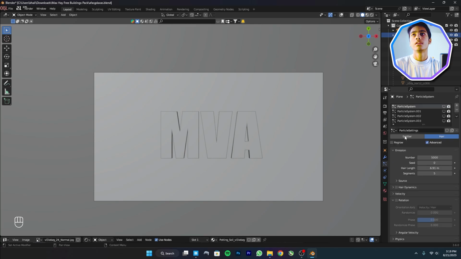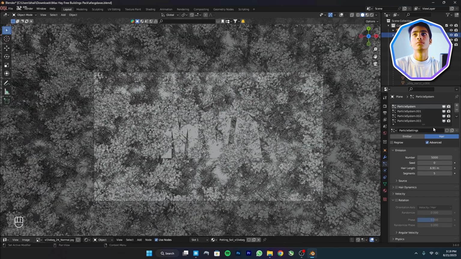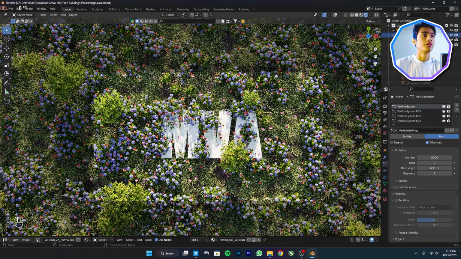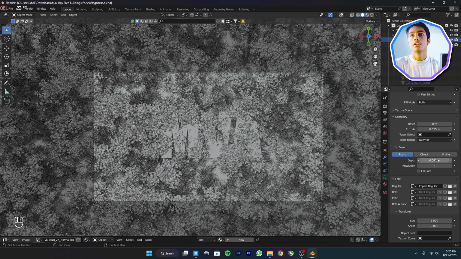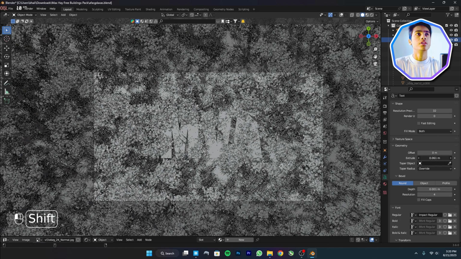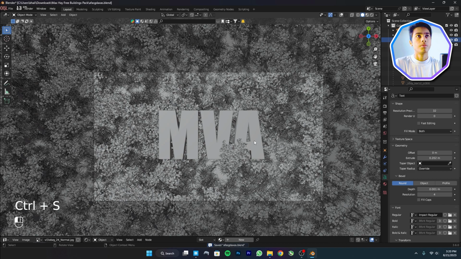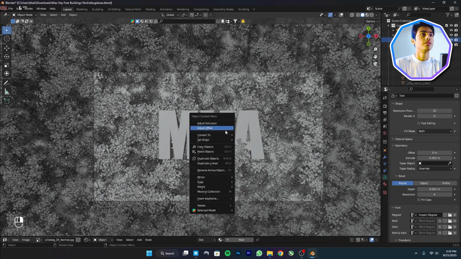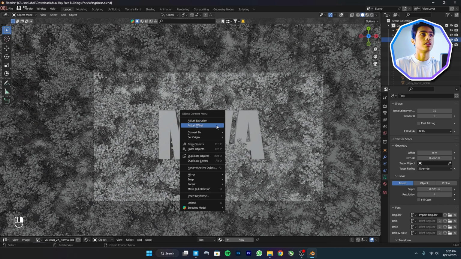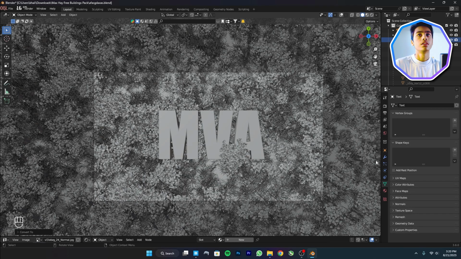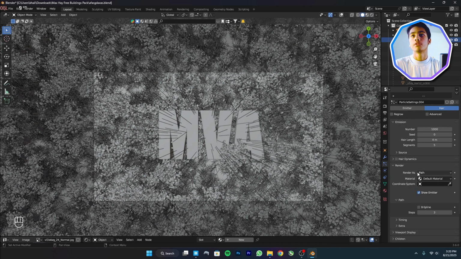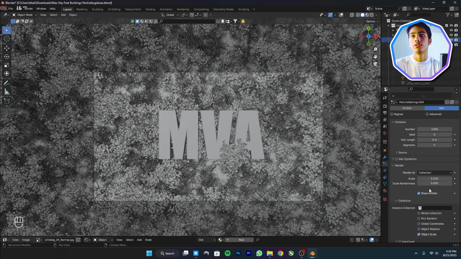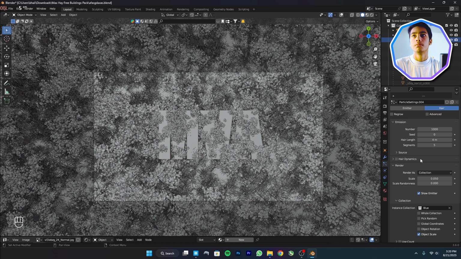Click on that plane and enable all of these particle systems. And now you can see we're getting really cool look. Click on this font and go to this settings here, increase the extrude. I'm gonna apply a particle system on that too. Right click and convert it to mesh, so we can apply particle system. Add here, and I'm gonna change from pad to collection, and I'm actually gonna change to maybe blue